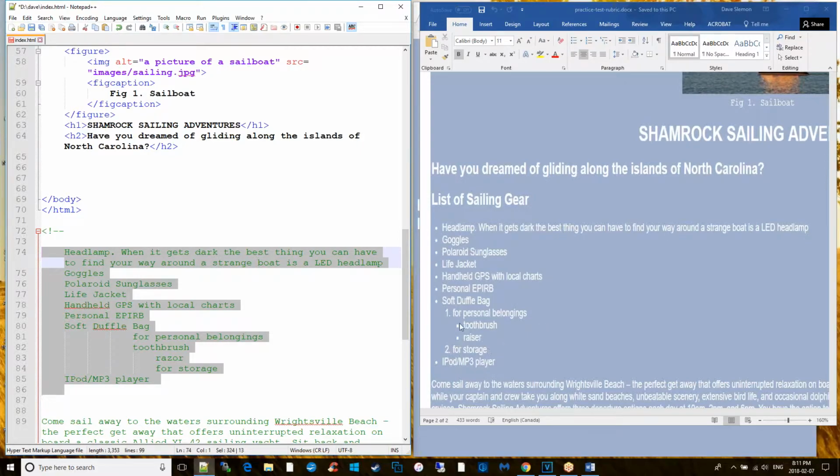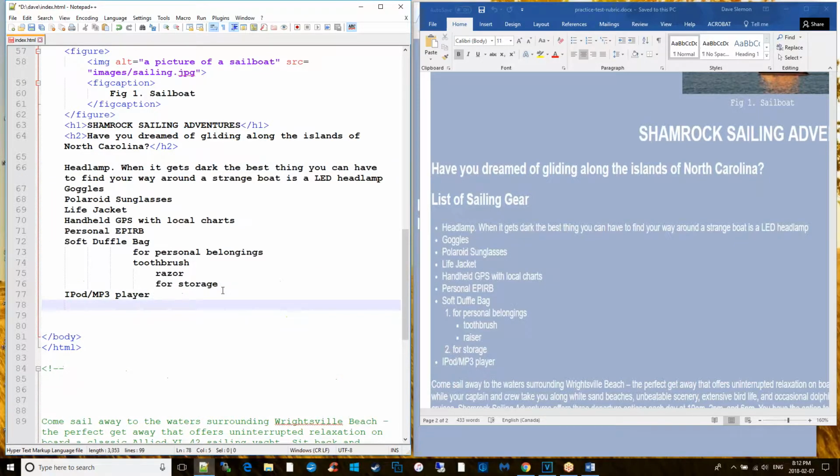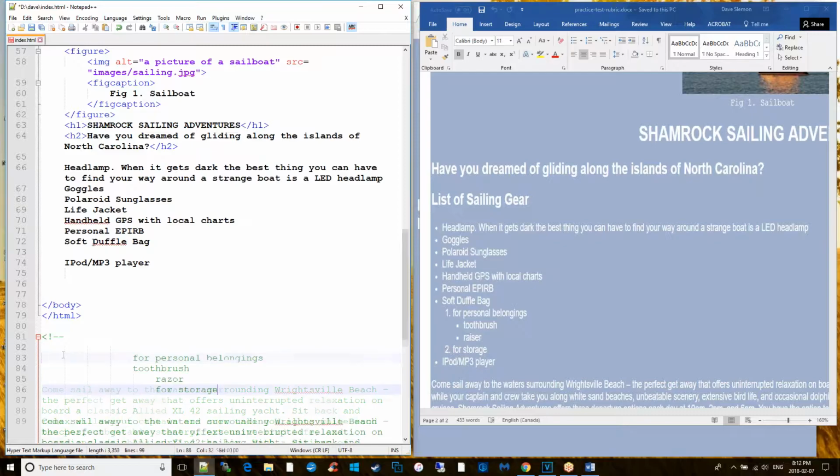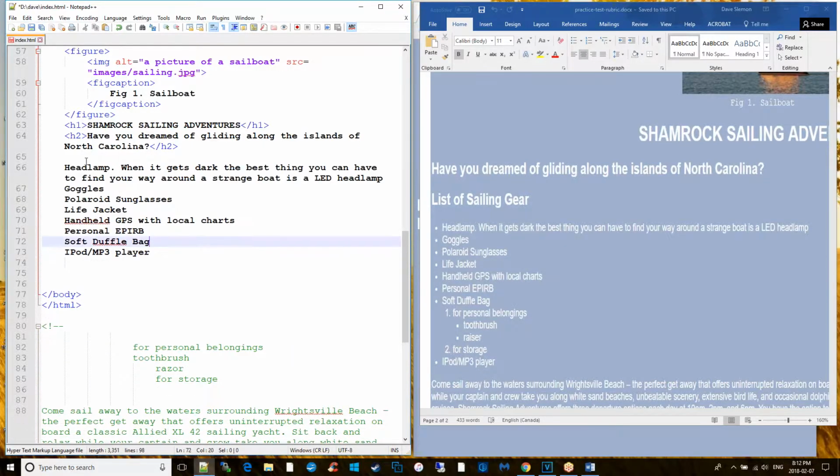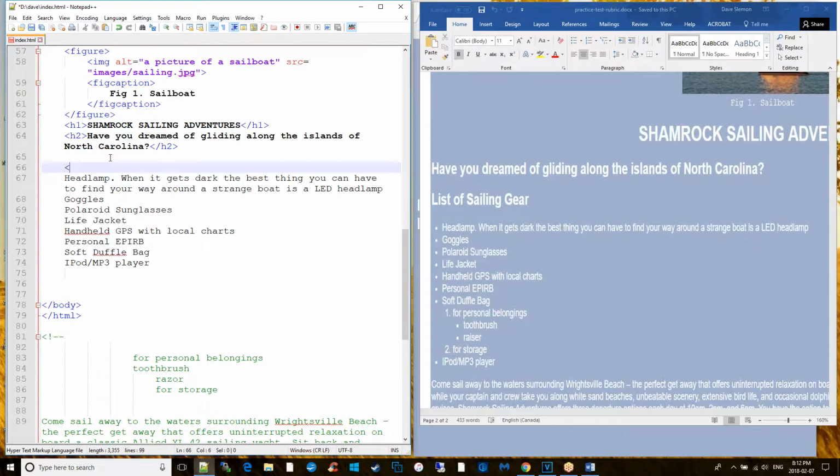I will not put the ordered list and the unordered list in right away, but let me copy the text in place. And let me just move these guys back to the comment area, and let me just get the first nested list working. So in order to do that, I'm going to put in my unordered list tag,